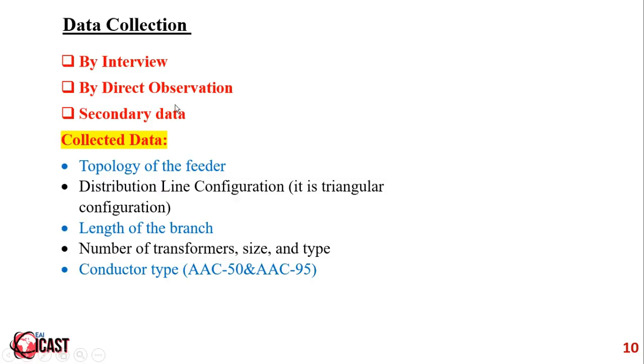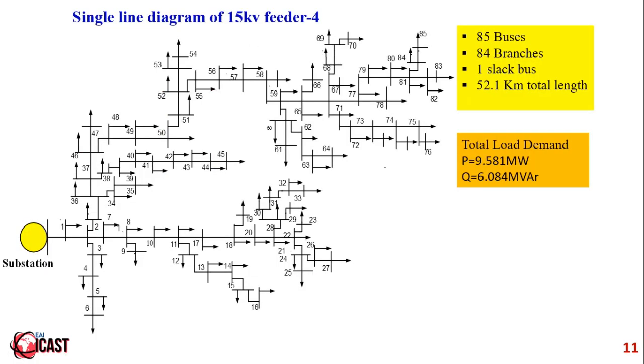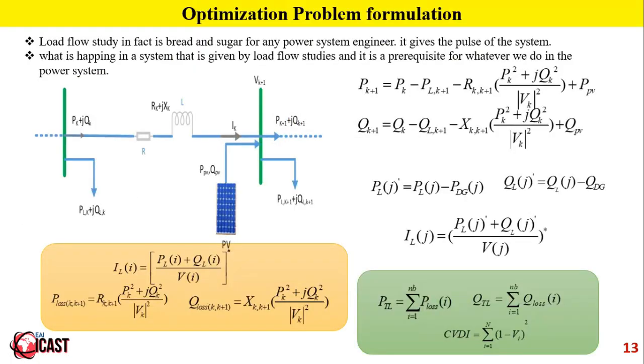The data is collected through different methods: interview, direct observation, and secondary data. Here is a single line diagram of the 50 kV feeders. It has 85 buses, and the total length covered is 52.1 kilometers, and the total load demand, active and reactive load demand, is shown in such a figure. When you see the optimization problem,